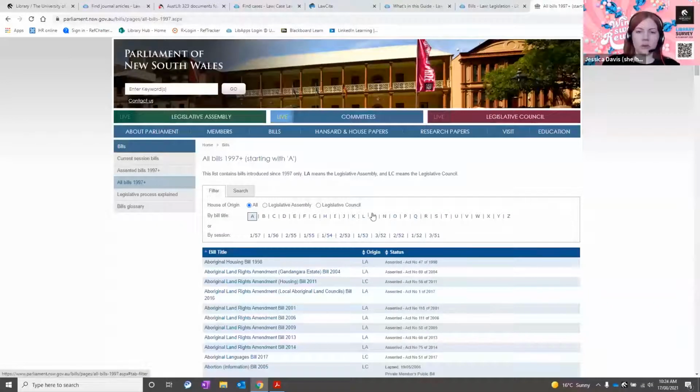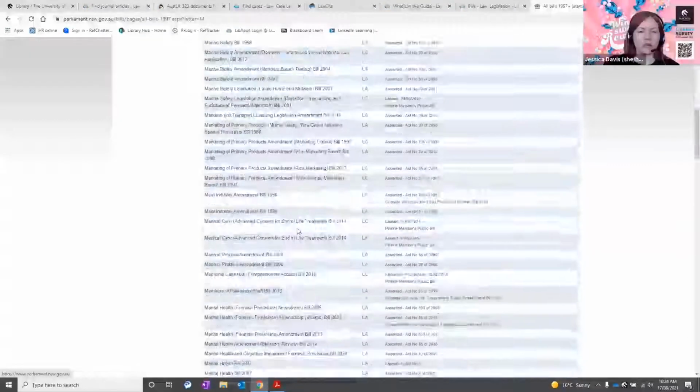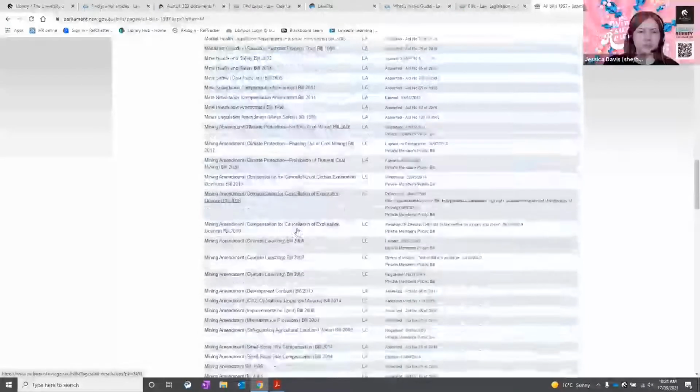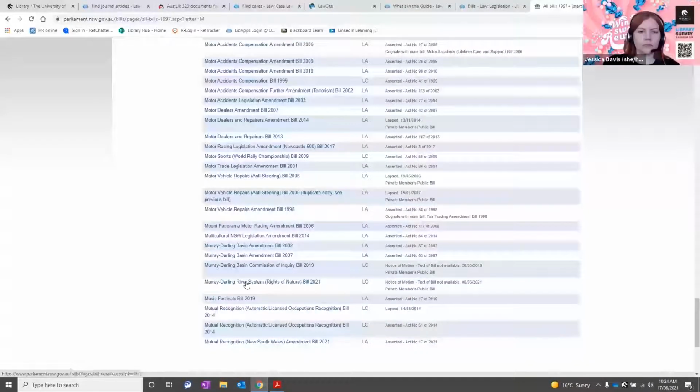For this example, I'm going to browse by bill title and I'm looking for the Music Festivals Bill 2019. So I'll press M and then scroll down. And it's just there. So I'll click on it.